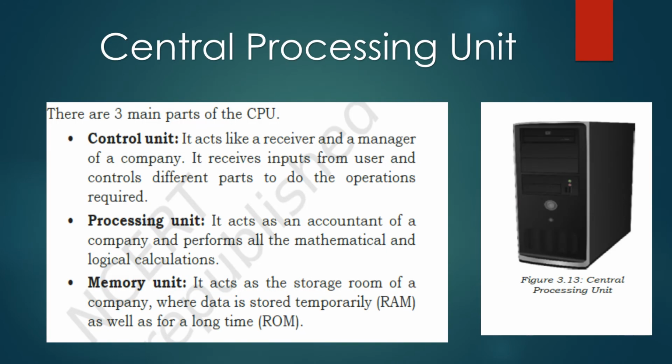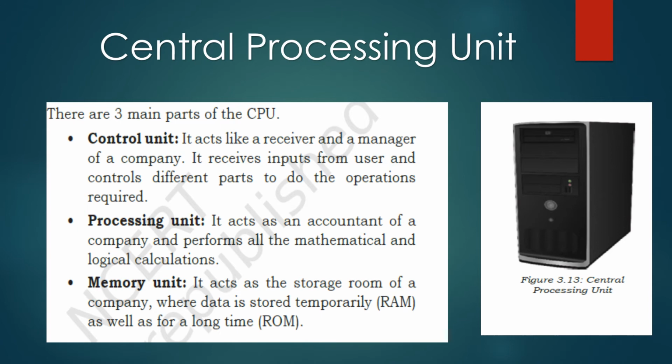Central processing unit. The central processing unit of the computer is like our brain. How does our brain work? Our eyes see a mathematical problem and send the details to the brain. The brain thinks and gets the result while the hand writes it on paper. In a similar way, the CPU also processes information received from the keyboard and gives the output to the monitor or the printer. Just as our brain can understand arithmetic and logical information, the CPU can also solve mathematical and logical problems.